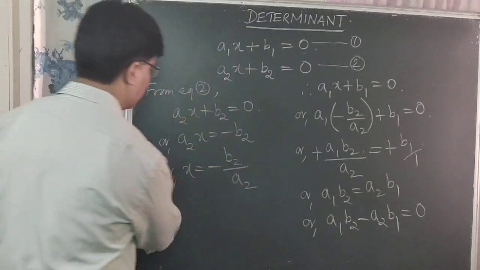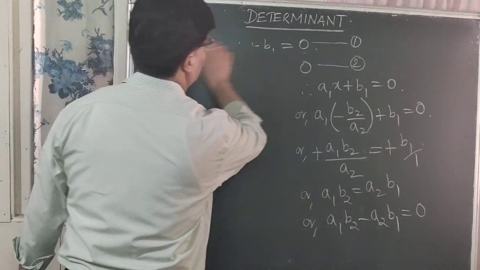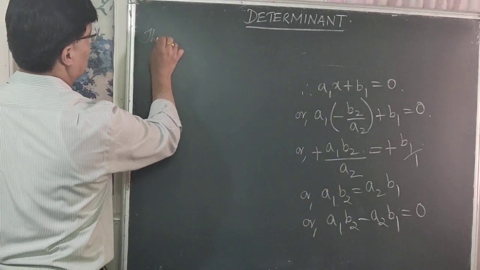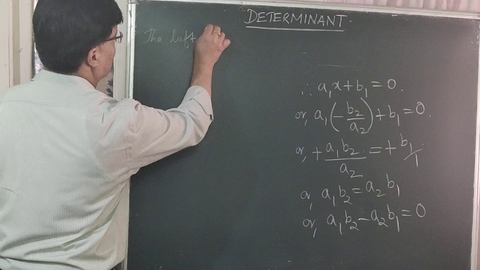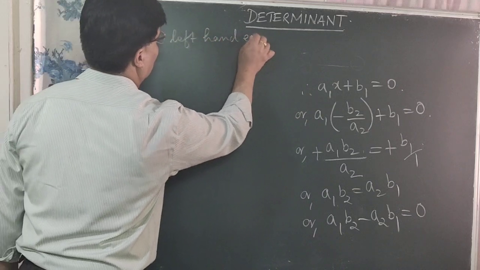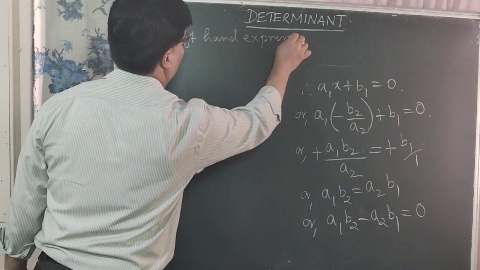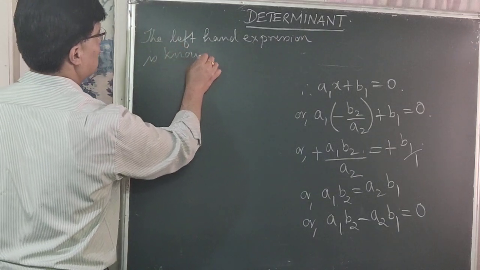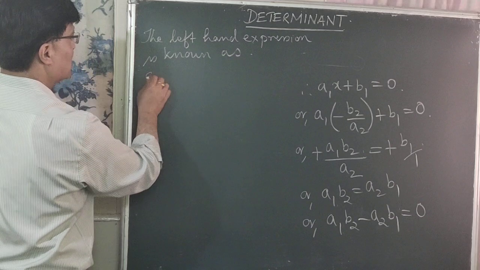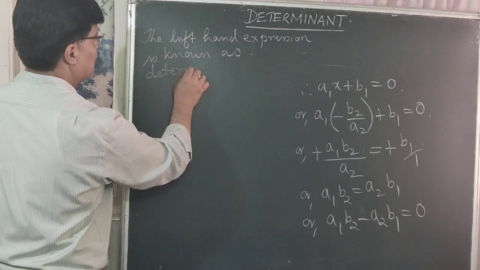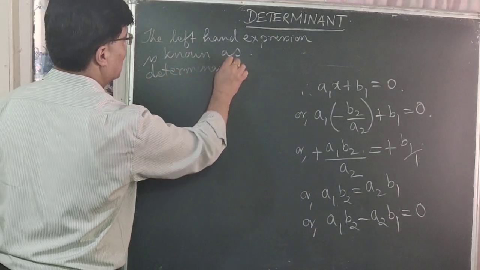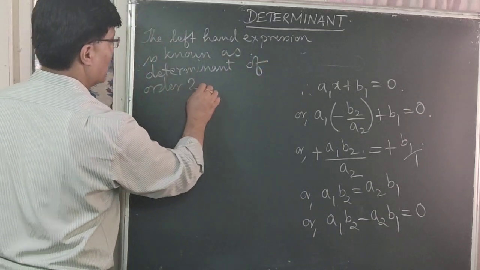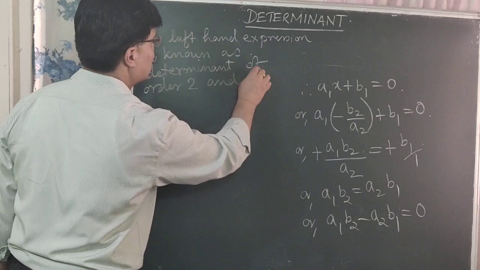So now this left hand expression is known as determinant of order 2 and is written as